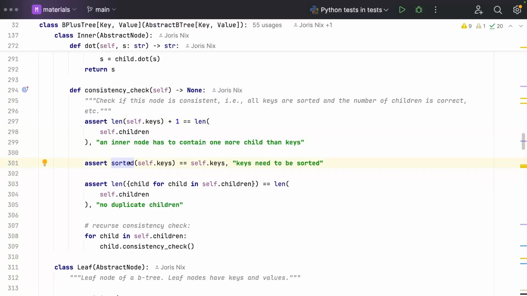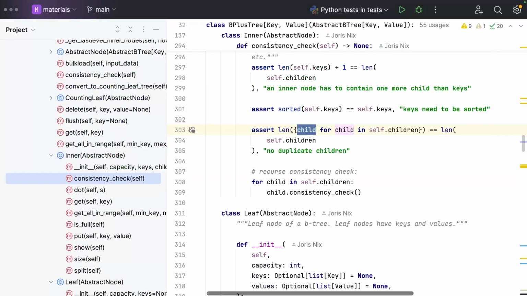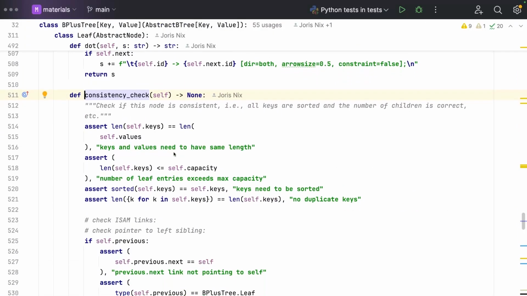Or I know that the keys should be sorted, because otherwise binary search is not going to work. This bisect operation can be exploited. Here in this implementation, we also do not allow for duplicate keys. So I can basically create a set with each of the children and check whether there's a duplicate. And then I recurse. For each child in the inner node, I call consistency check on the children nodes. So if you look at the leaf implementation of that, you will see that